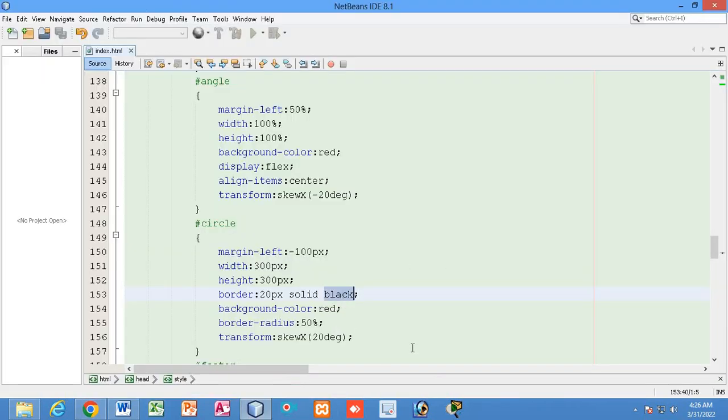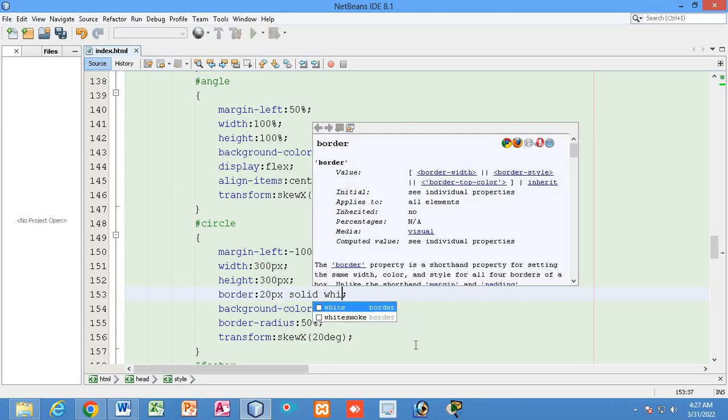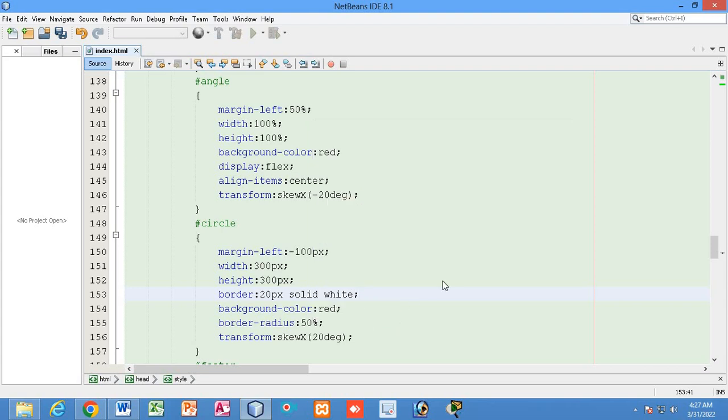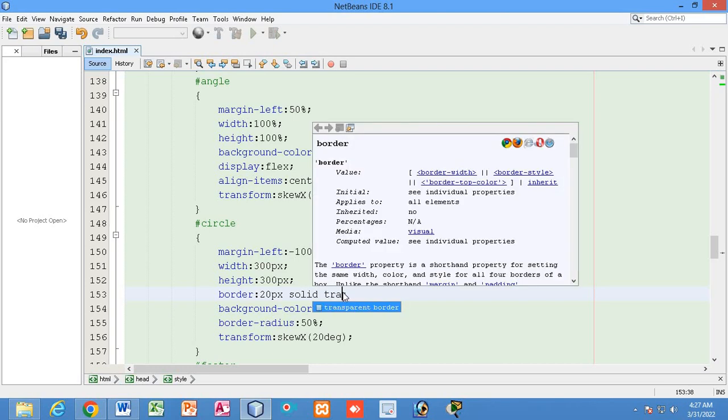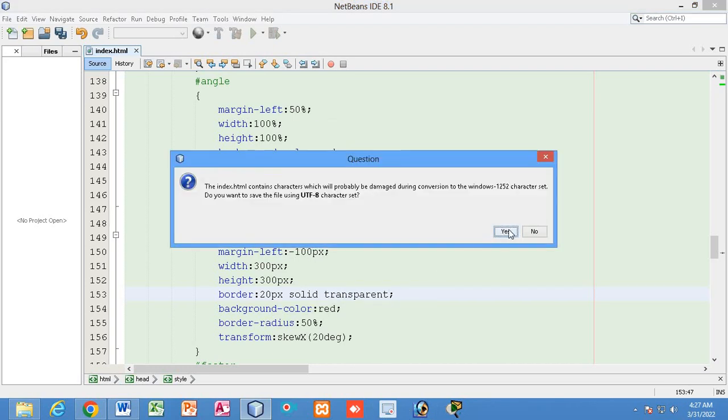Instead of black, you could have made it, let's say, white, and then see how it looks. Or if you make it transparent, then you can simply see this is how it will look.